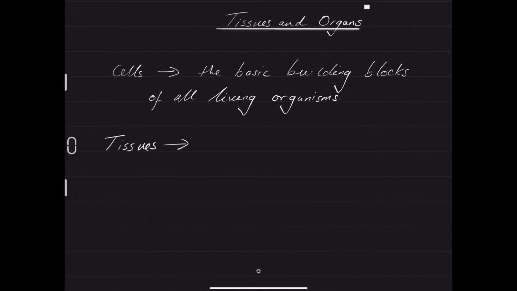The next level of organization above cells are the tissues. Now the tissues are much larger in comparison to individual units of cells because by definition a tissue is made up of a number of cells. But we have to be precise in how we explain the nature of these cells. So we define tissues as